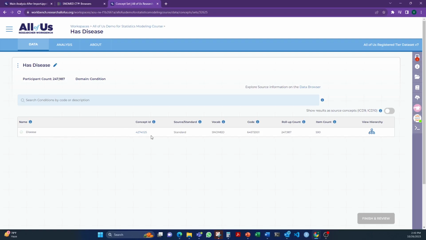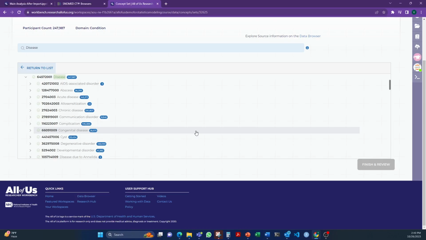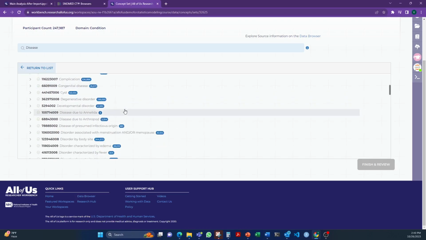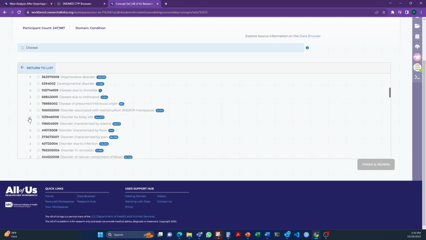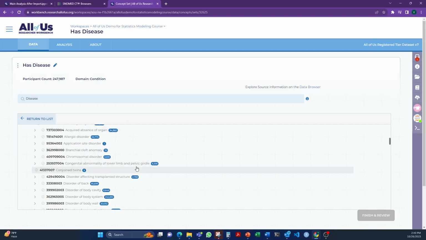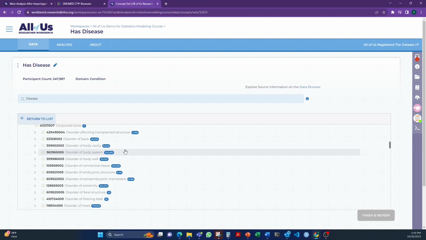What I'm interested in is this button on the right, view hierarchy. Click on that. It will show you the tree for the disease, all the diseases in All of Us, and there's no med codes. I would like you to scroll down and find this disorder by body site. Expand that. Scroll down again inside this disorder by body site, and you will see